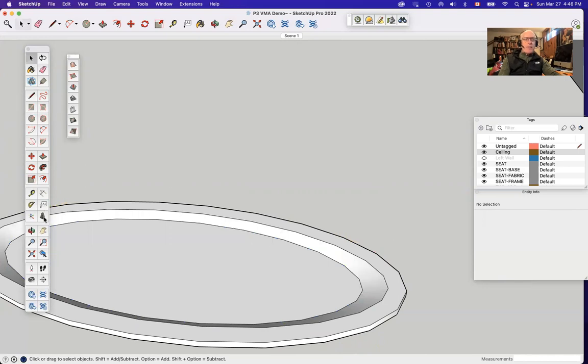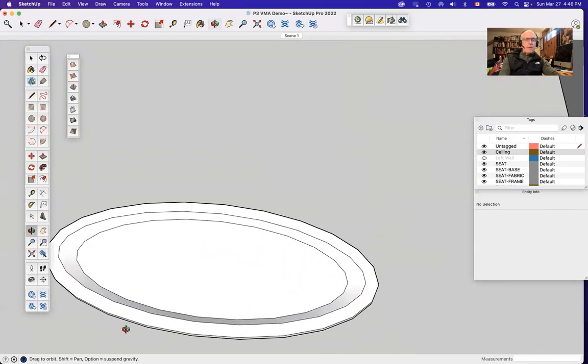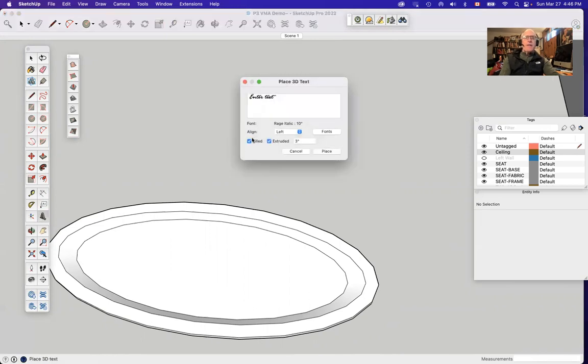Now what I want to do is grab my 3D text tool. I haven't colored this thing or fooled around with that yet. Materials, you know how to do all that though. This is where this tool lives right here, the 3D text. It's kind of under the tape and the protractor and things like that down in here. There's your dimensions tool. There's a little note flag that you could put a note into your drawing to say, don't forget this. And now what I need to do is choose what I'm going to call my store,